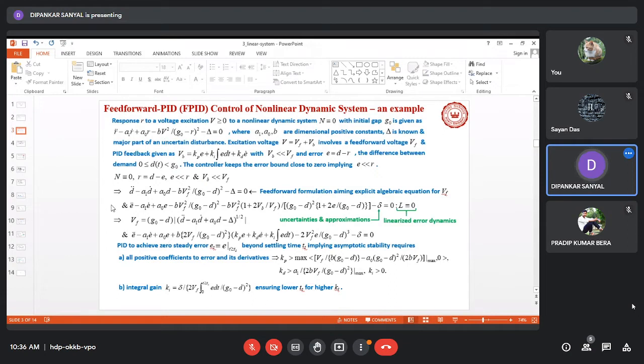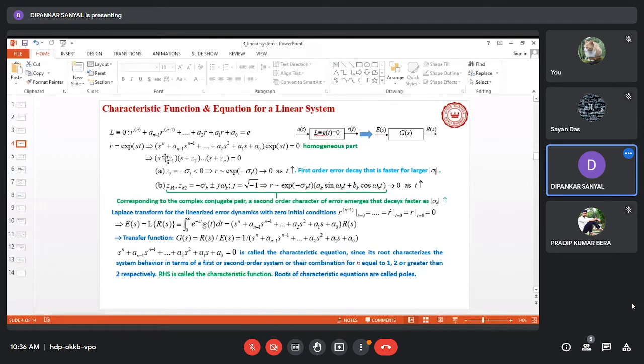Roughly speaking, in order to have a stable situation, the linearized dynamic equation should have all the coefficients as positive, and in order to make these coefficients positive, the gains could be manipulated appropriately. And as a way of obtaining the